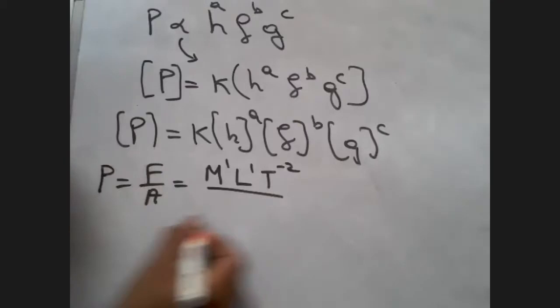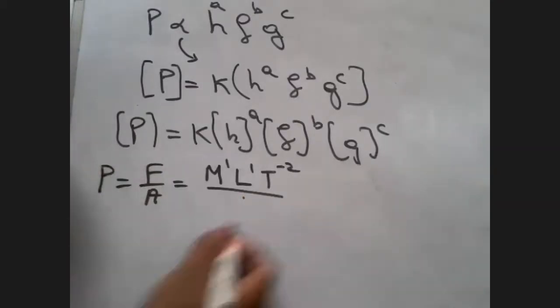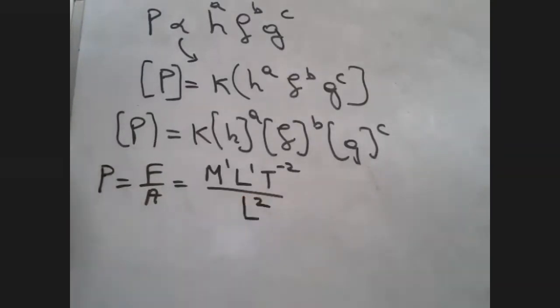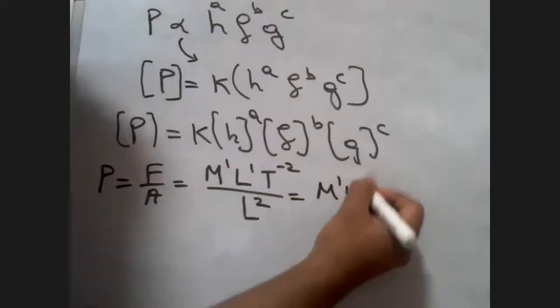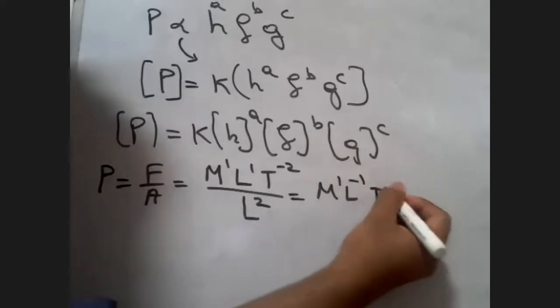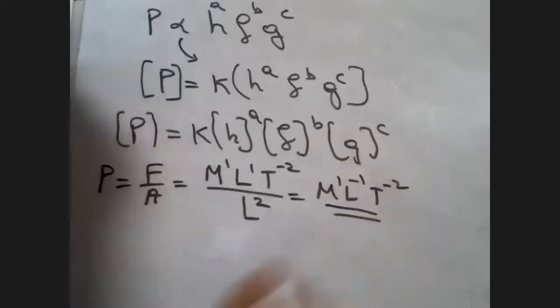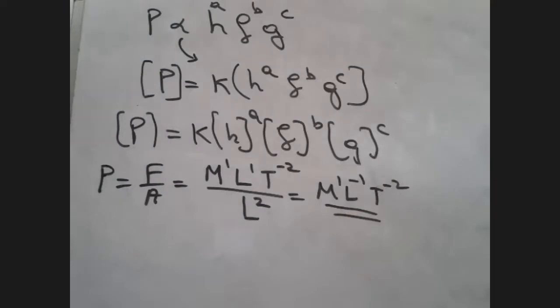And area is what, students? Area is, you can say, length times length, so L square. Take it up, students. What will you get? You will get M1. L raised to 1 minus 2 is minus 1, and T raised to minus 2. This is my dimension of pressure. So if this is my dimension of pressure, then I can say that,